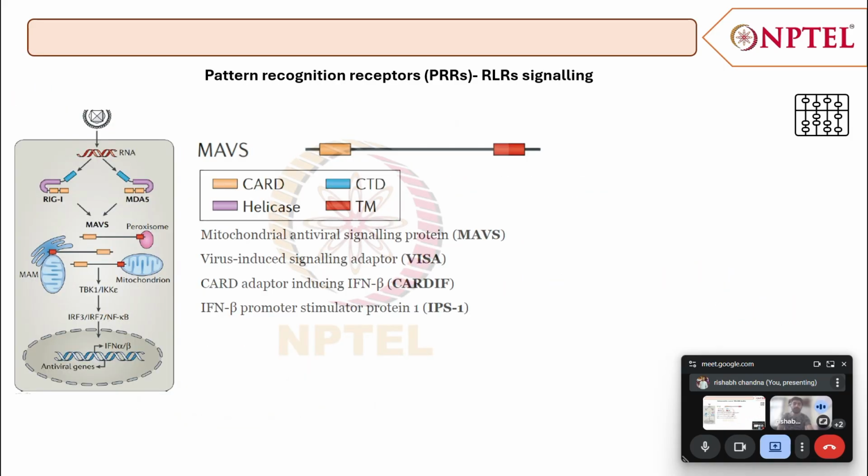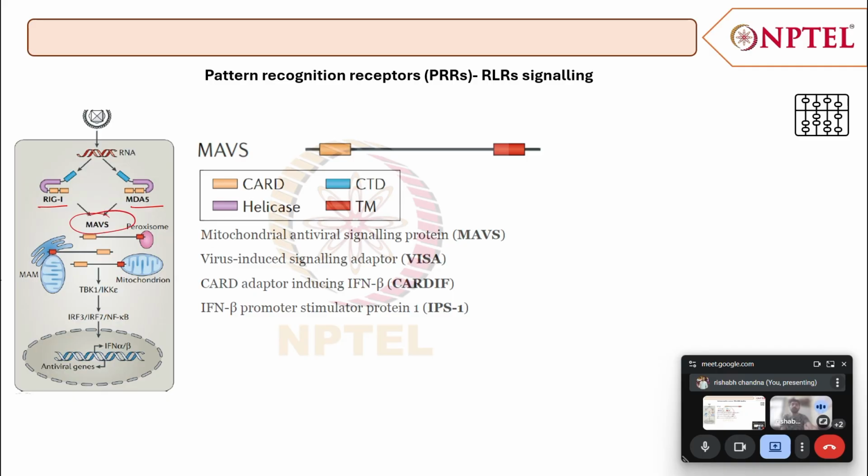Okay, if not, then we'll move on to the next topic, that is how do these RLRs actually signal. Okay, so as I told you, whenever a virus enters or tries to enter into the body or a cell, it releases its RNA. That RNA can be recognized by RIG1 or MDA5. Okay. Now, after binding to that RNA,